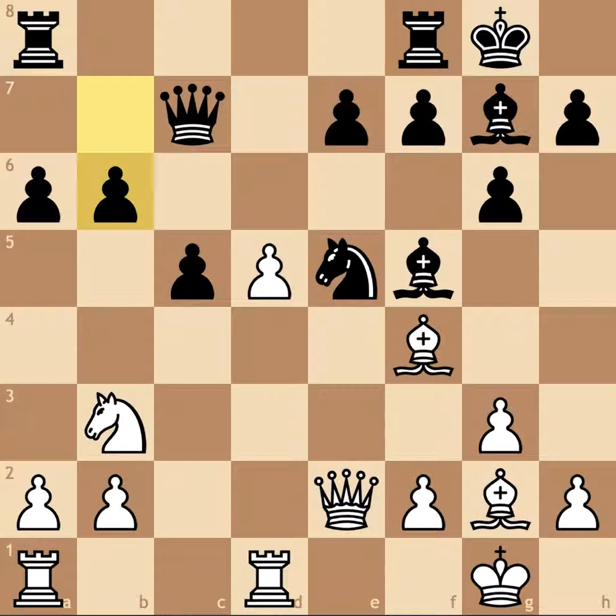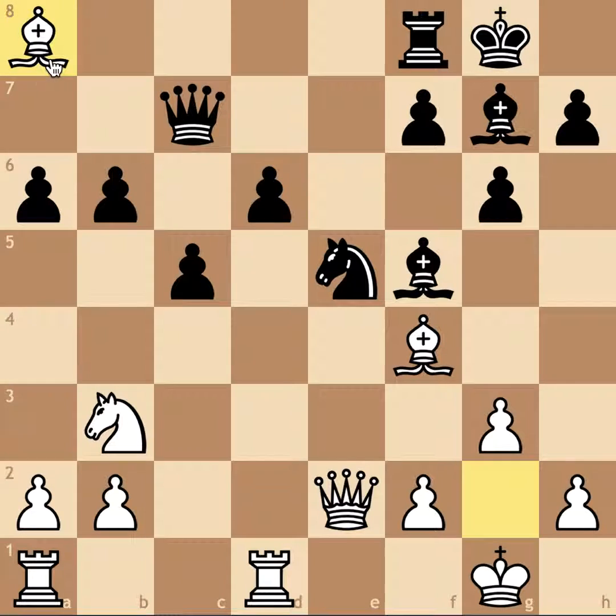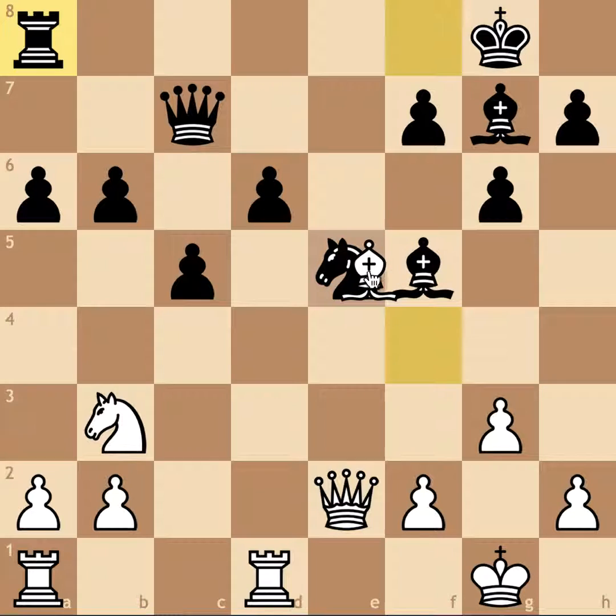So he plays b6. And it's important to note here this idea of d6 doesn't work. For example, after e takes d6, bishop takes a8, rook takes a8, I actually have to start thinking about playing bishop takes knight because bishop to g4 is a really big threat. And if bishop takes